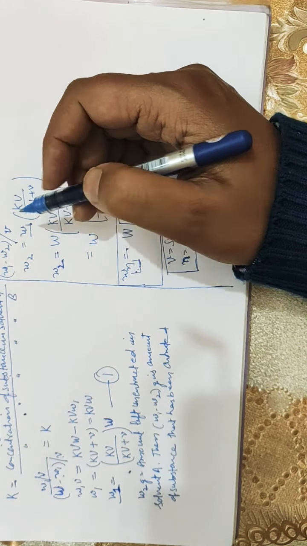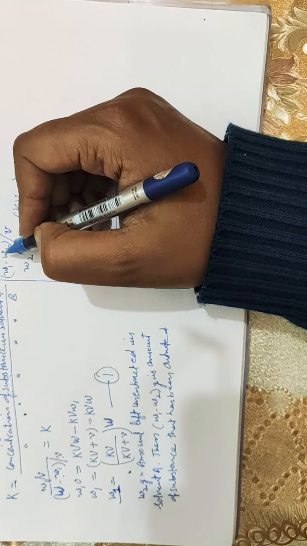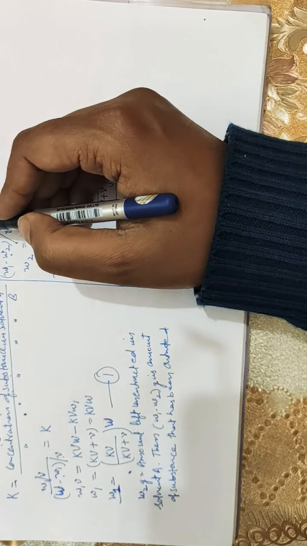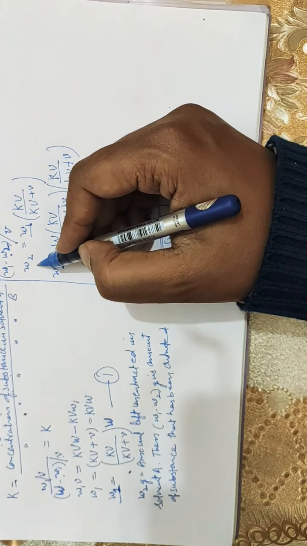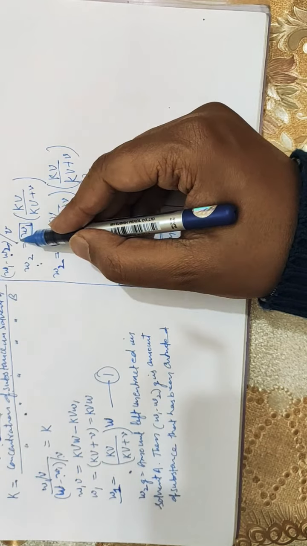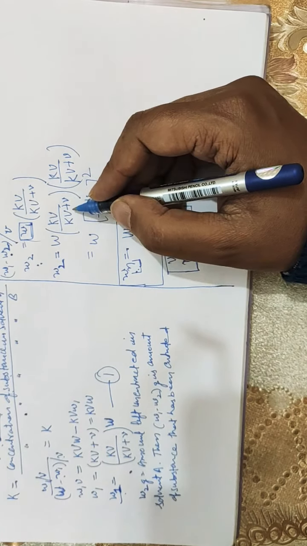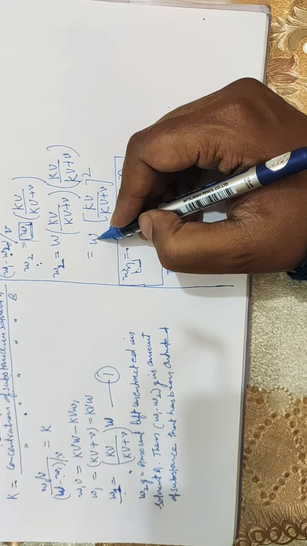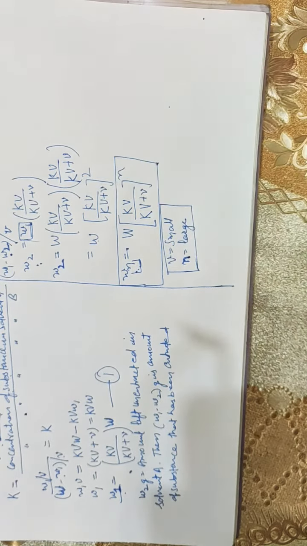W1 minus W2, because W1 was originally present and W2 was extracted. So W1 minus W2 got extracted after second step. Here we have written 2 and this is the second step. For second step we have derived this equation as this, and in here in the place of W1 we put this value from the last equation, that is equation 1, and W2 comes out to be W into kV over kV plus small v raised to power 2.